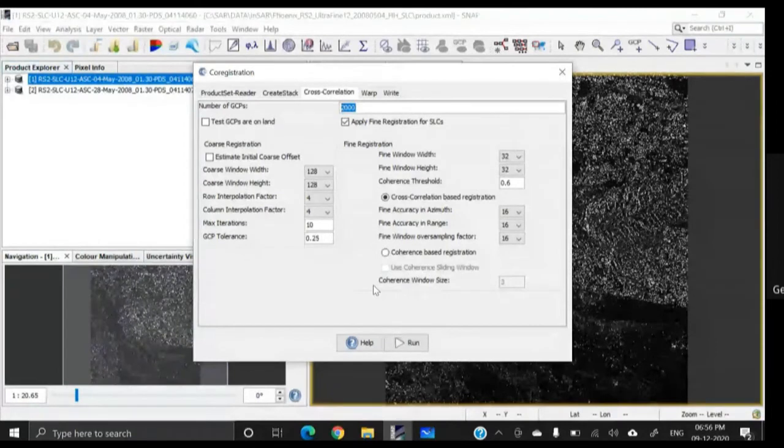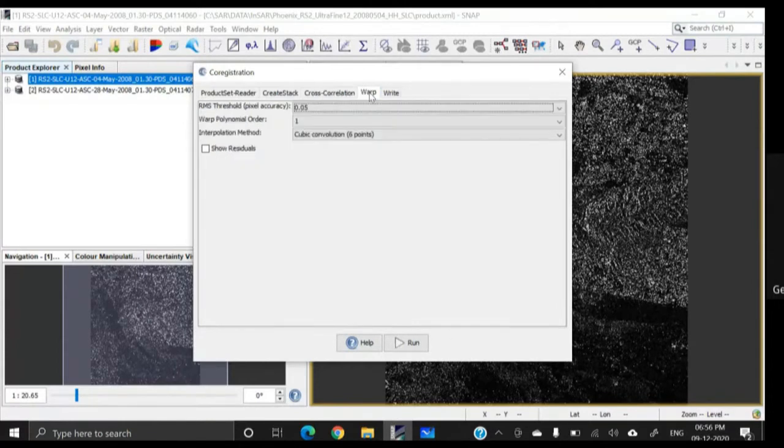That is why I told you that in this case we need at least 12,000 GCPs, but 12,000 GCPs will take almost 1 hour 45 minutes to process this image. We do not have that much time. That is why we are considering 2000. We are not concerned about the accuracy of the DEM, rather we are concerned about the process. Now go to the RAP.